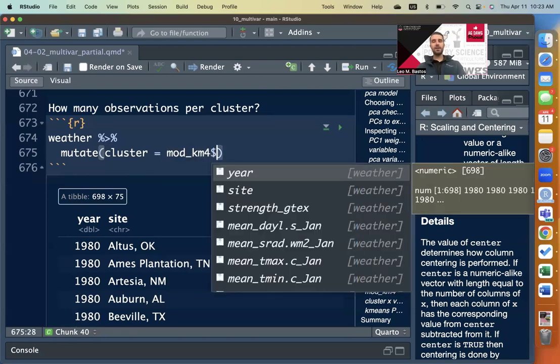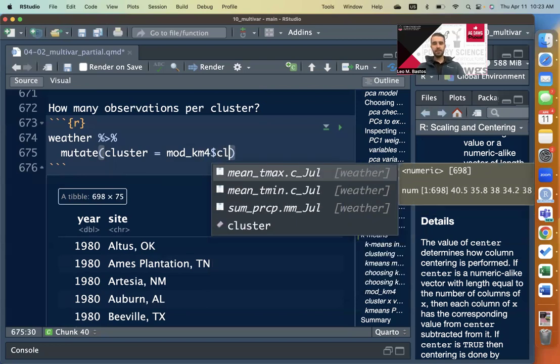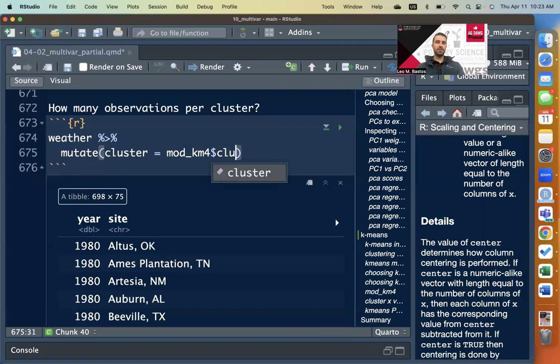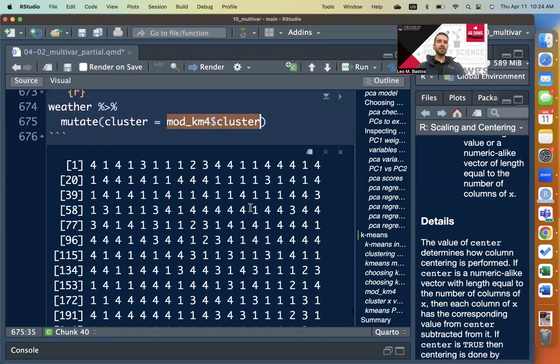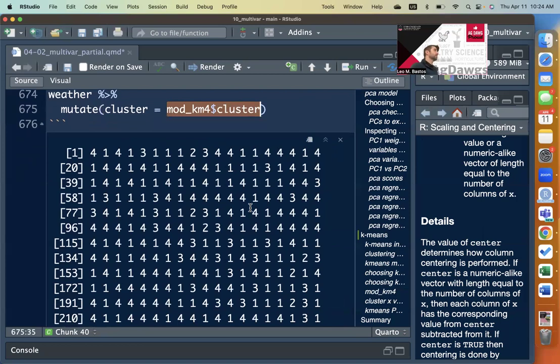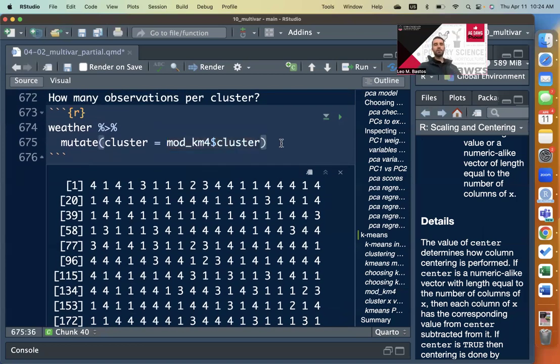If you use a $ sign here, it has this vector in it that's called cluster. If I just run that, just so you can see what that is, it's basically that vector of the cluster ID membership as the outcome, right? So if I do this,